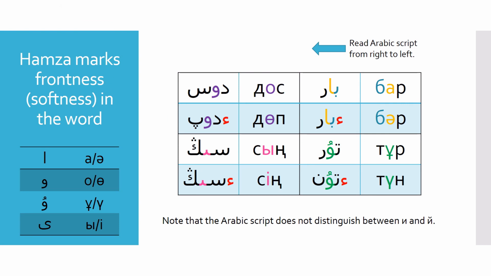All words written in the Arabic script are by default hard, or in other words contain back vowels, A, O, U, and E. The Hamza mark is used to mark front or soft vowels in certain words, A, U, and I. Notice the pair of A and A, bar and bar. The Hamza dot in red is placed in front or on the right of the word bar because A is a front vowel. More detailed rules about the usage of the Hamza dot can be found in part 8 of this series. Also, take note of the Arabic letter in blue, which represents the sound B. We will be using this in the next lesson.